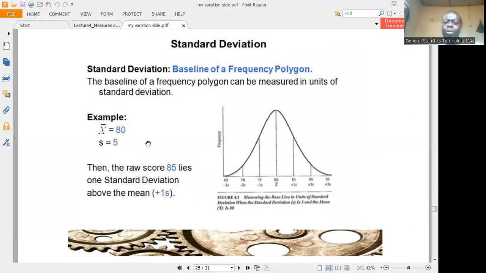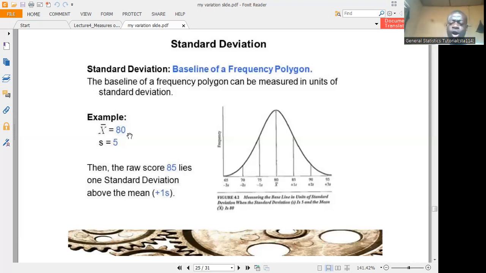Now, what the empirical rule is trying to tell you is that if you deviate from the mean by one standard deviation, this is the mean and this is the standard deviation. If you remove one standard deviation from the mean, you get 80 minus 5, which gives 75. If you add one standard deviation, you get 80 plus 5, which gives 85. In that case, what the empirical rule is telling you is that from 75 to 85,